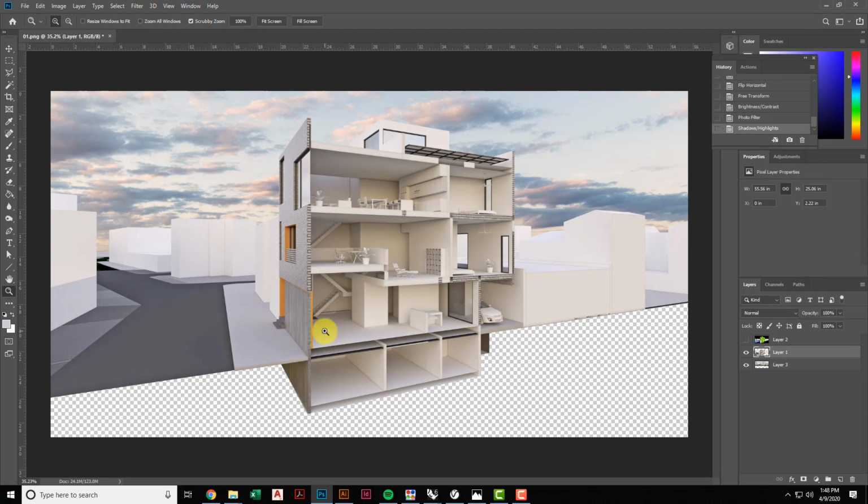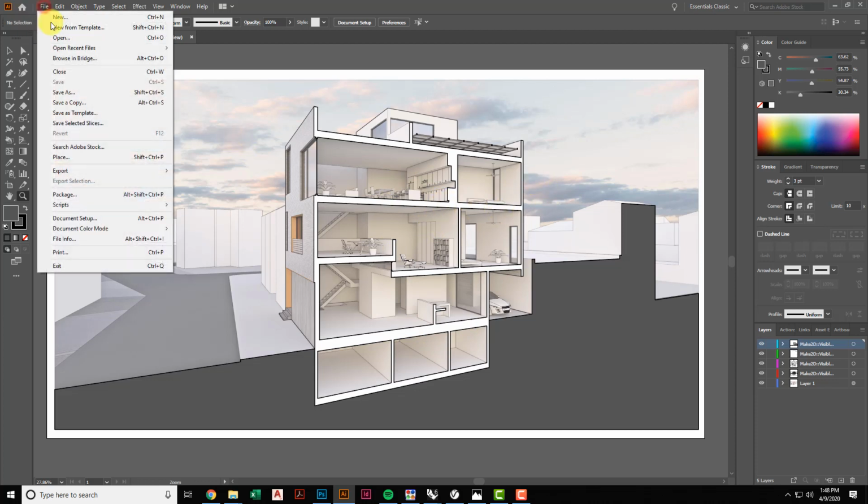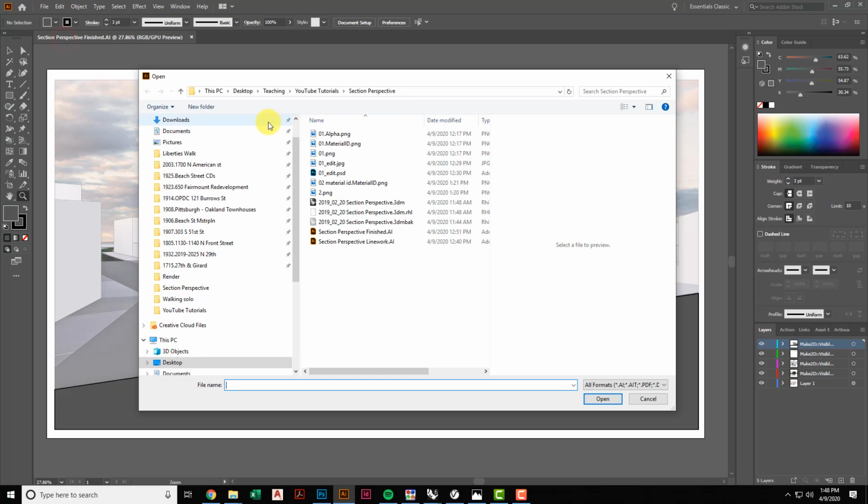And so now that that's ready, now we can go into Illustrator. So again, here's our final product. This is what our goal is. But we're still a few steps away from there. So let's go ahead and first we'll open the JPEG. We're not going to open the line work first. Make sure you open the rendering first. So open,